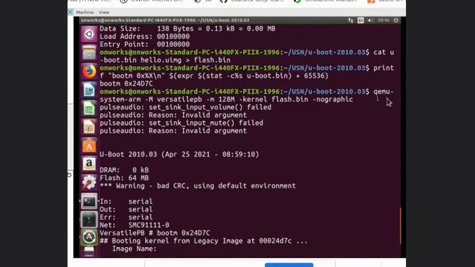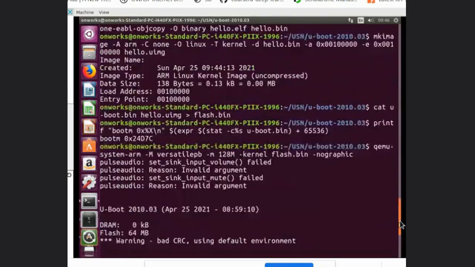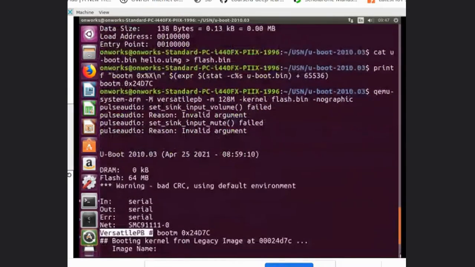Once it is done, you have to give qemu-system-arm -M versatilepb -m 128M -kernel flash.bin -nographic. Then it will stop at the versatilepb prompt. There you have to give bootm and the address 0x24d7, which you got from the previous command, where you printed the address of the U-Boot binary. Once you give bootm 0x24d7,